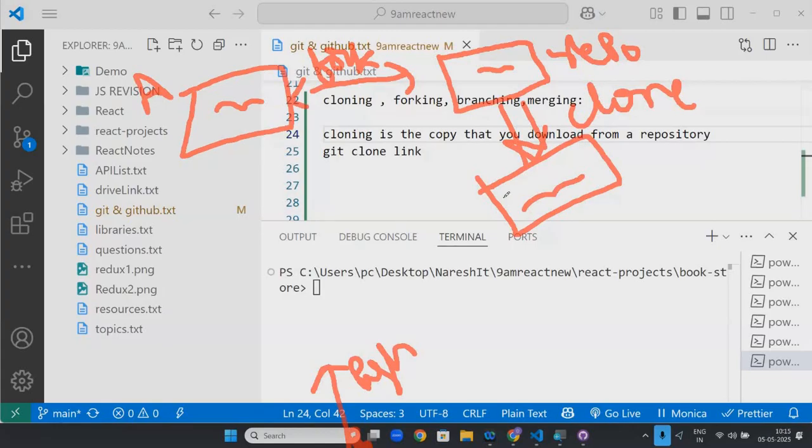After downloading, I can make changes and push to my account now. His account I can't push to because his account has a password. But I can push to my account now. I created one copy of his and I pushed into my account. Now I pushed into Prasad's calculator.